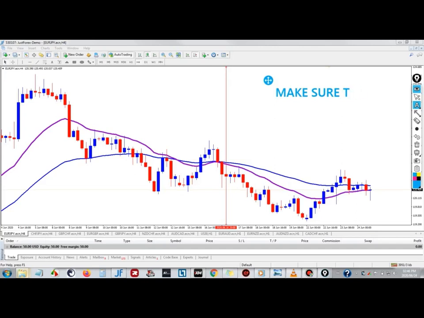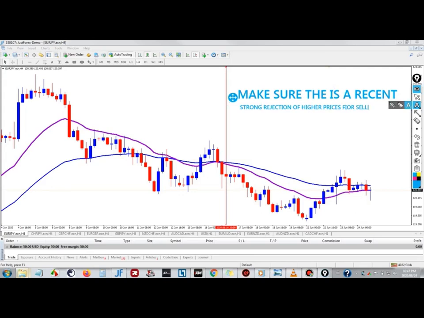Make sure that there is a recent strong rejection of higher prices for sales. So if you're gonna sell this pair, you wanna make sure that there's something like this, a